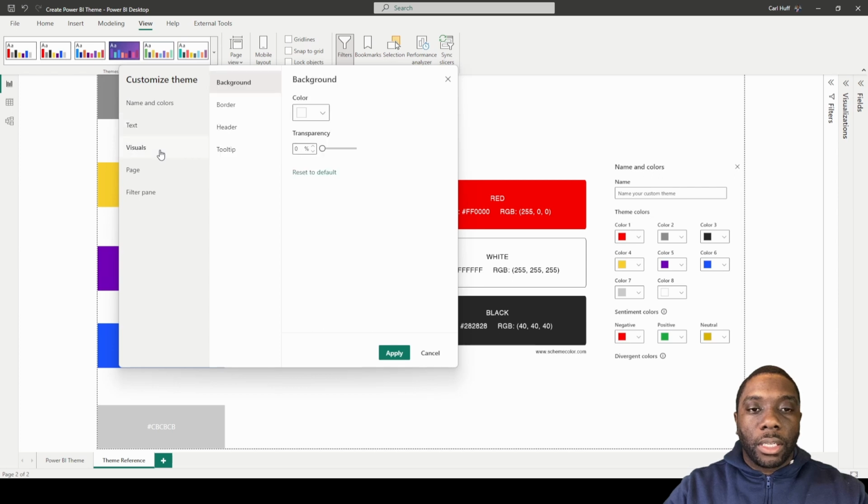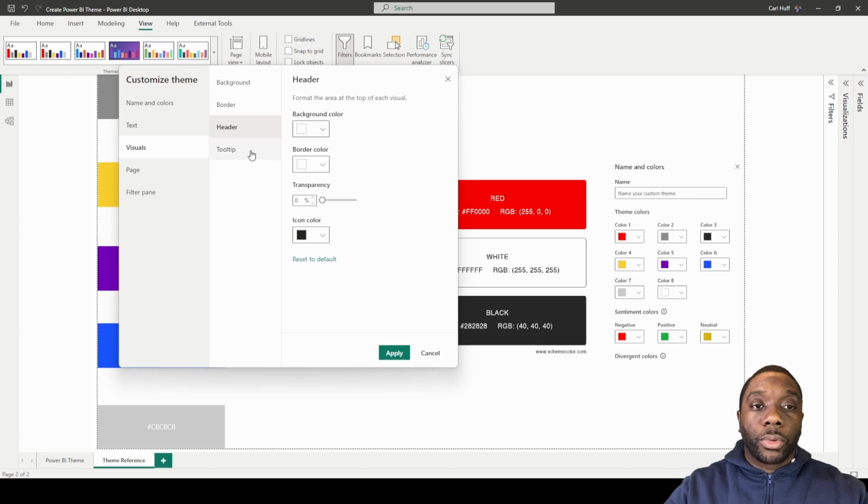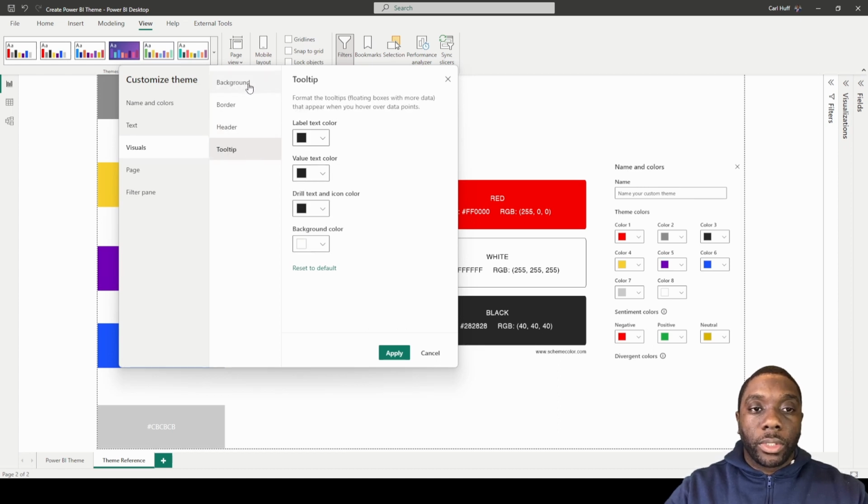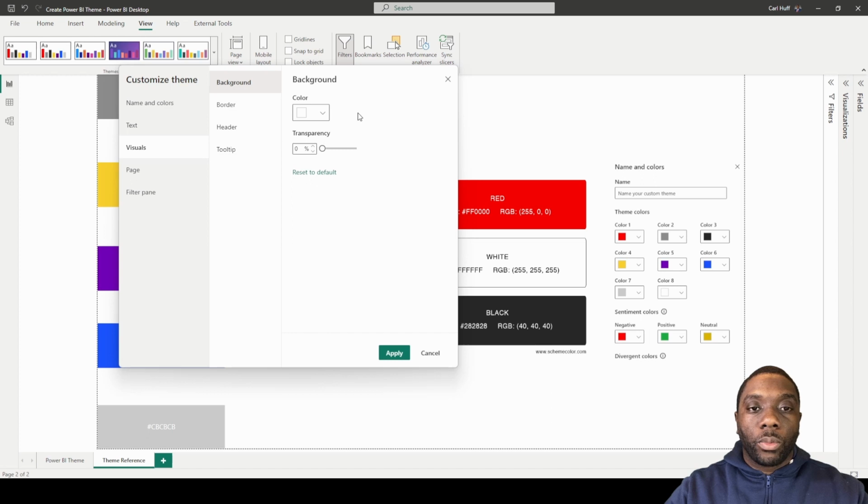And then the next thing I want to look at is our background, and then we have borders off. So we can do some presets here. We can do header, tooltips, and then we can change our visual background. So for this, we're just going to leave this alone. Then we can come to our page. We can make changes to our page, our wallpaper,